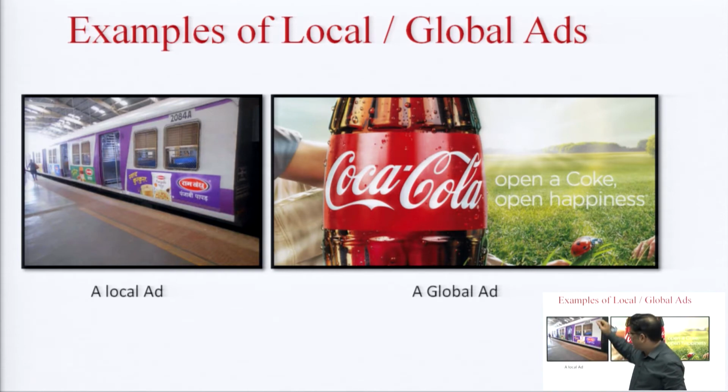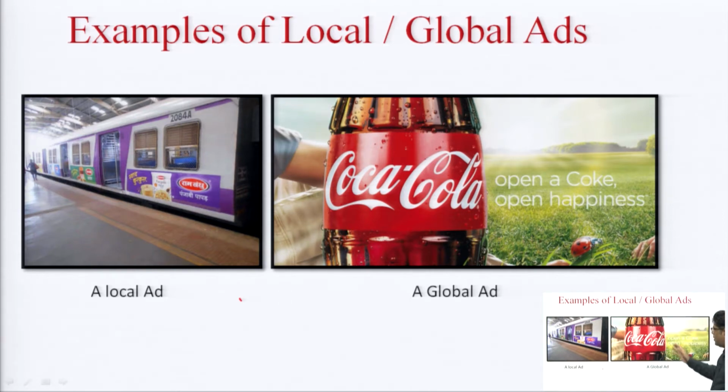So, this train must be running from station A to station B, and all the people who take the train, who get down from the train and alight the train between station A and station B, they must be able to see this advertisement. So, this is a very local and a very confined advertising which is happening here, because this local train is running between two stations and all the stations that it is covering in between. So, the people who are present on those stations are able to see this advertising. They are able to see this ad of this particular snack. So, this is an example of a local ad on a local train in fact.